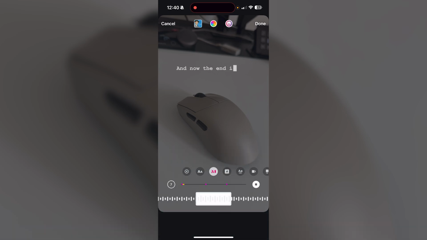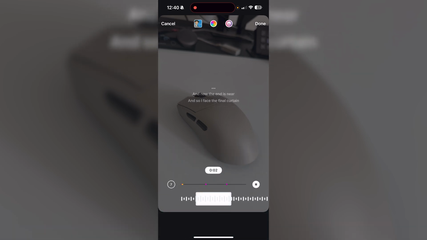And I can change the duration as well. Let's say I want to make it 5 seconds. It's gonna shorten the clip and everything, and then I can just change it however I want, add it to my story, and you'll